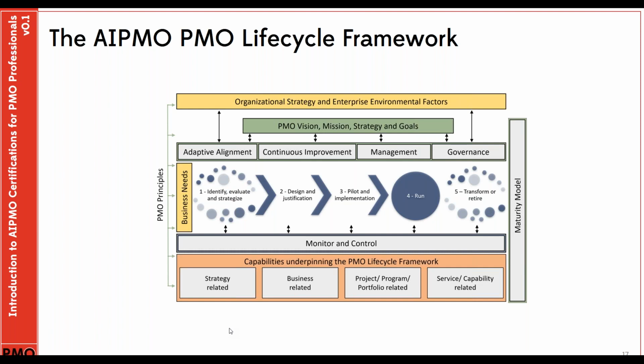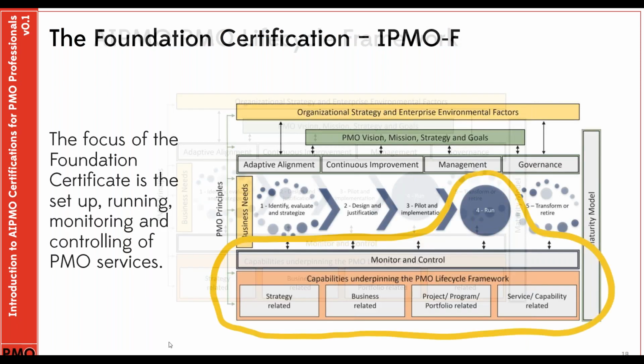However, around that is so much more that feeds into how and when that needs to be done and who needs to be involved, and again how that is affected by different external factors, both external to the organisation, but also external to the PMO itself. And so if we just walk through the next slide, I just want to show you where the